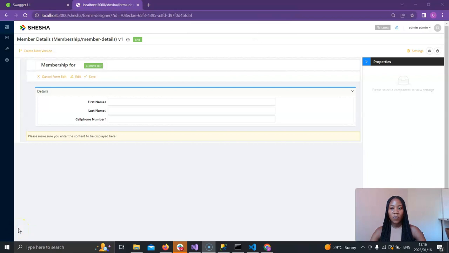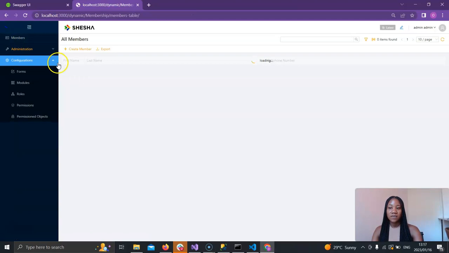Great, now that this form has been created and published to live, we should now create a navigation point to actually get to those details view, because it's supposed to query specific information for a specific member that's on the row that you are querying. So to be able to do that, we can navigate back to our members details view,